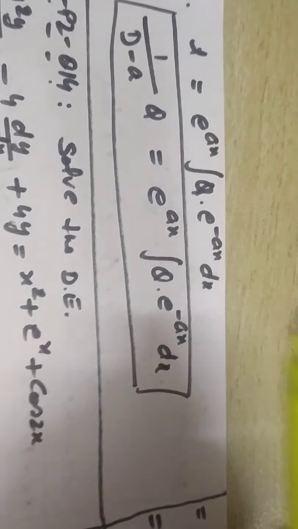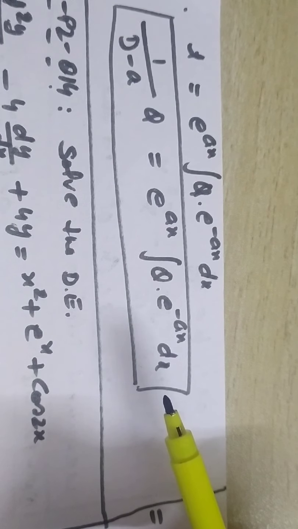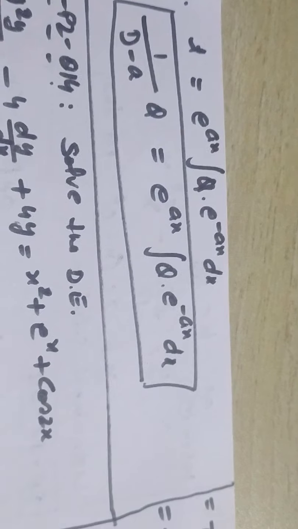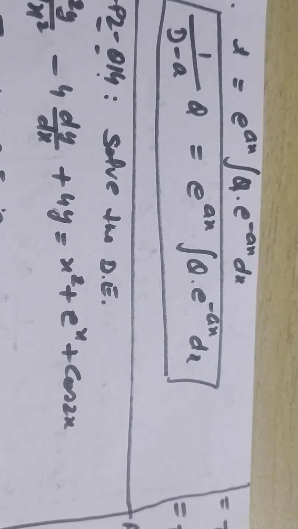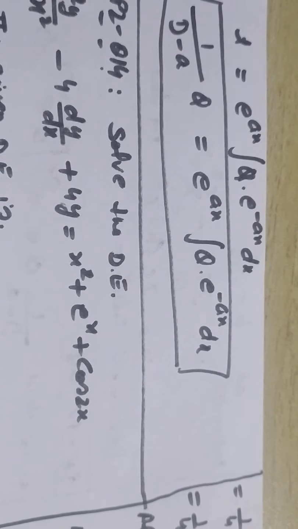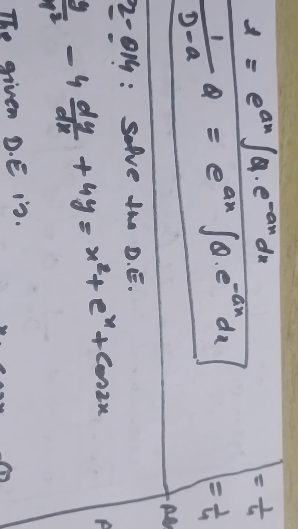And when you put these values, this will be the result over there. And this is what we want to prove. Here I have not plugged in the value of q because I want to prove that q should be there in the answer. So q has not been used in this solution.